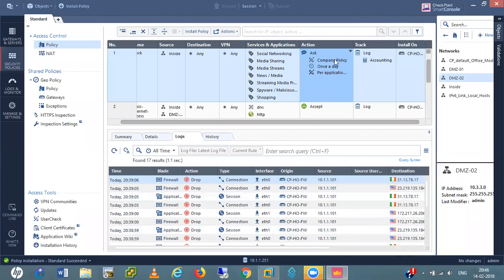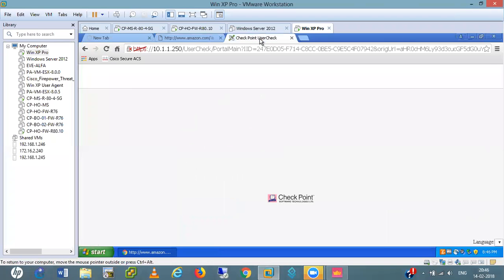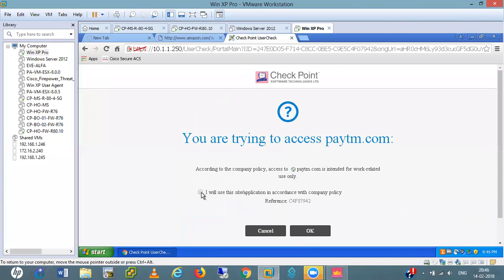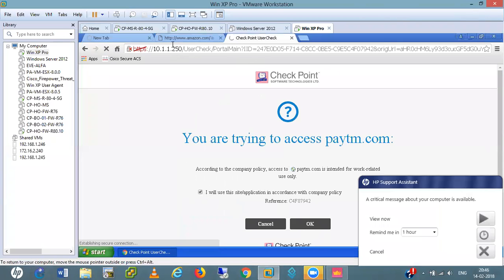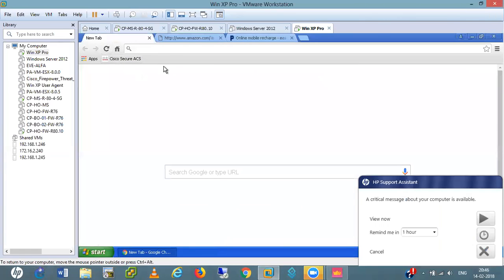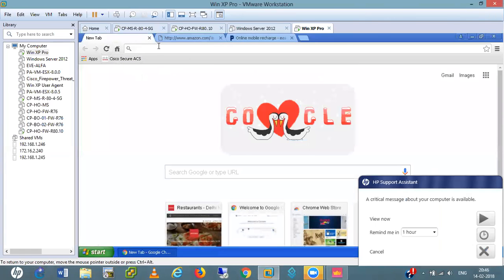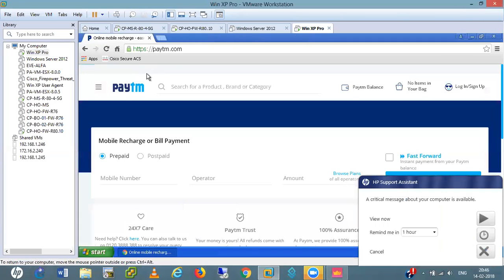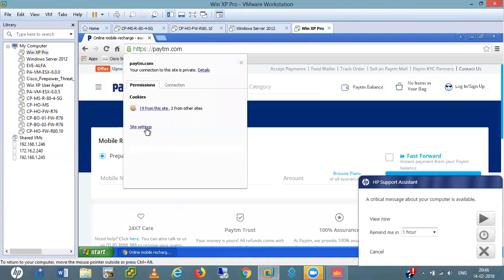So you have to go through the theoretical part of this, what the meaning of these features is. Now I'm getting this message for Paytm also. YouTube, I'm not able to get access to. Not an issue. That is the way we can write the policy for applications and reconfigure this.